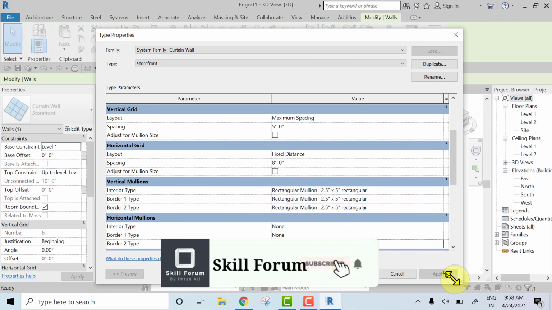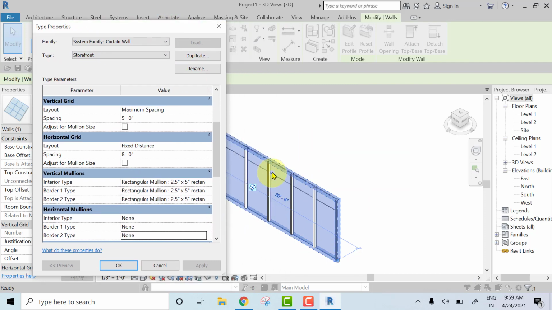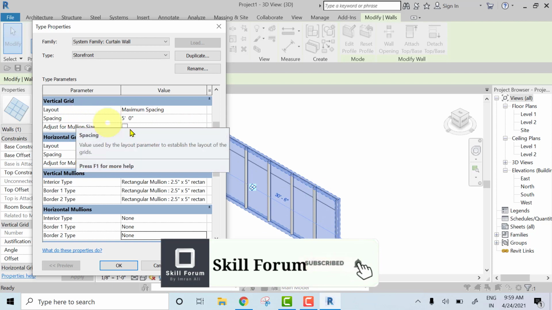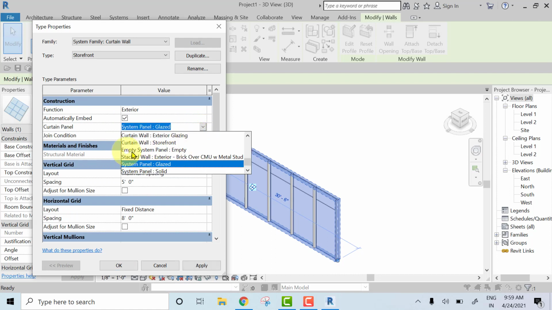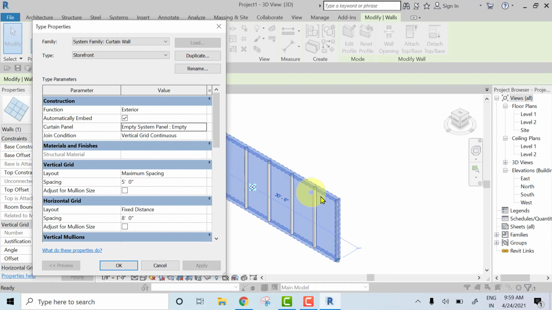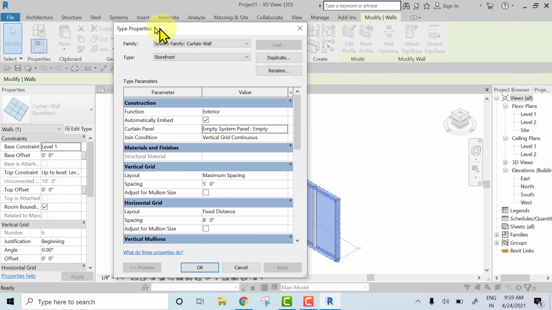Next, we need to delete the glazing also. For that, go to Glazing, where we have Curtain Panel. Here you click on Empty System Panel and give OK. Afterwards, I will delete the end vertical mullions.